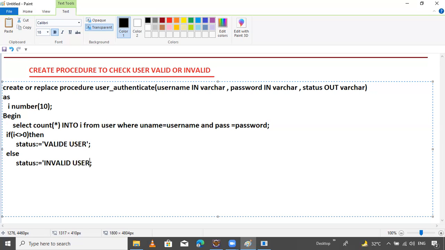That's it. Now here end the if: write end if and a semicolon, and just provide end user authenticate procedure.